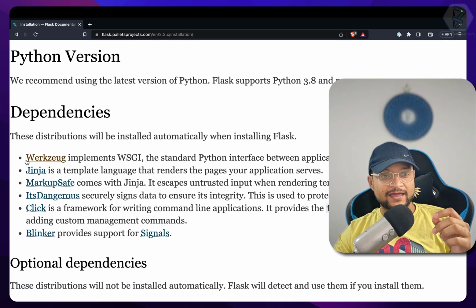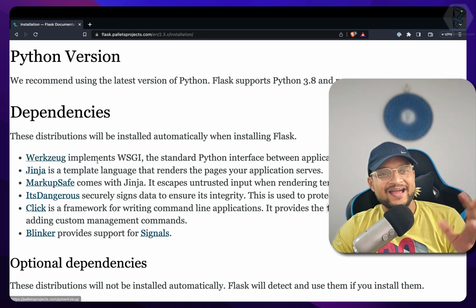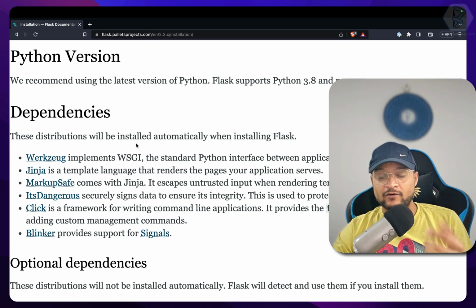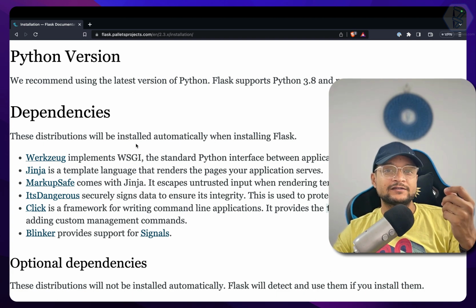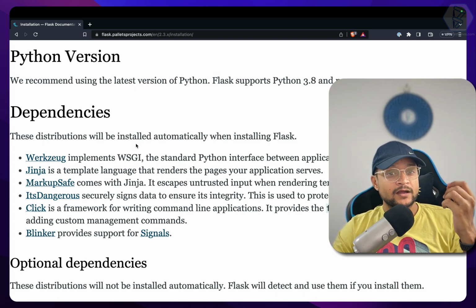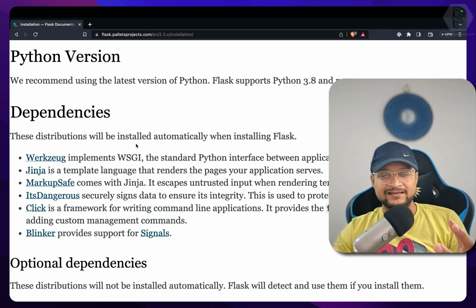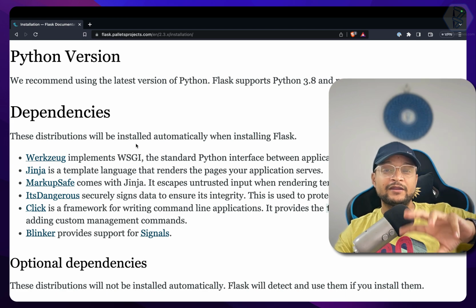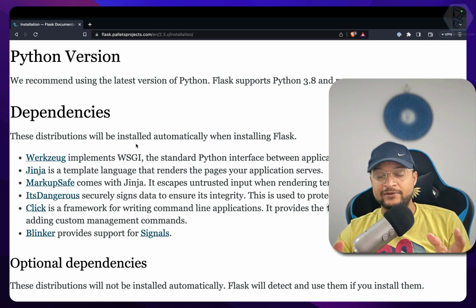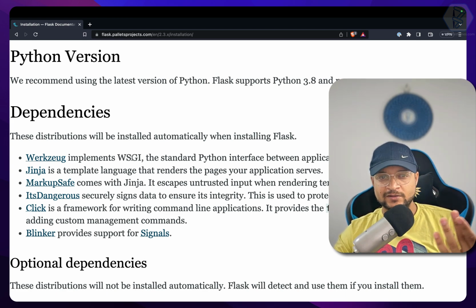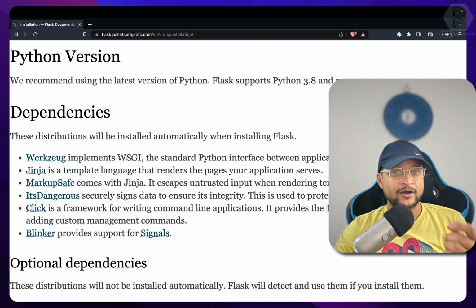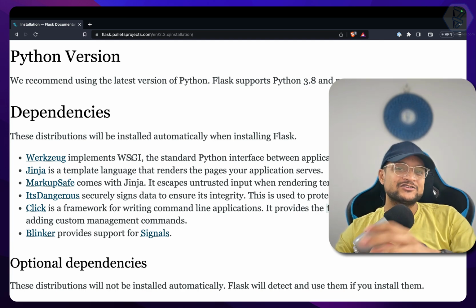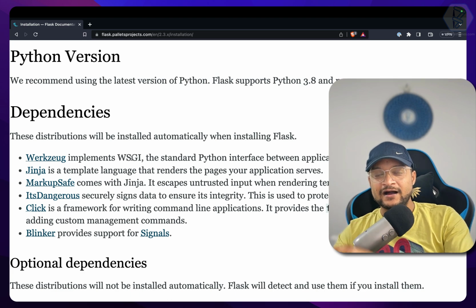So first of all, we have Werkzeug, whatever the weird name is, but it's a WSGI. Now what is WSGI? It's called Web Server Gateway Interface. Basically it says that whenever any request goes, it will redirect that request to the application. So this is WSGI. You may also have heard about ASGI, which is called Asynchronous Server Gateway Interface, which is